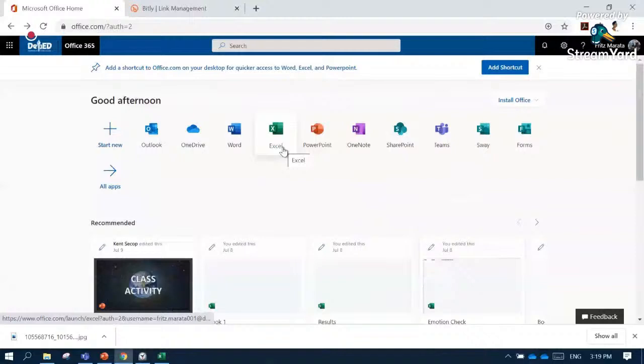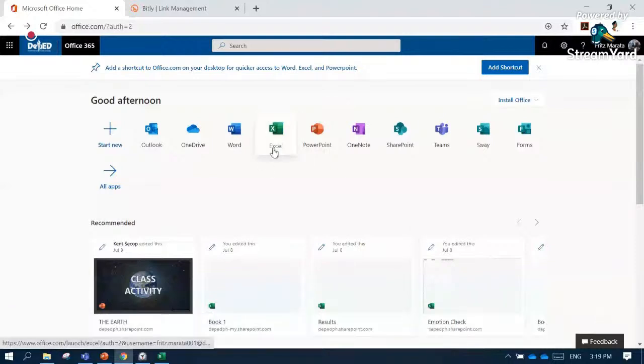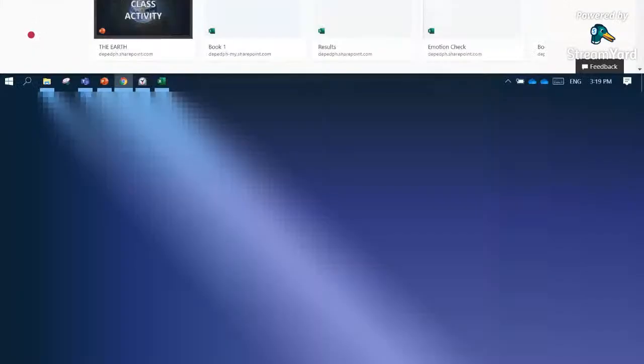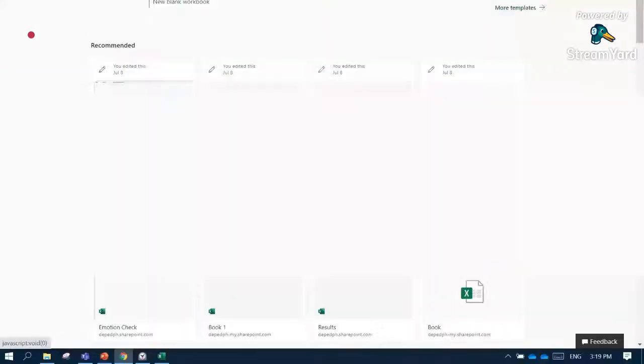So I am already in my office.com portal. I have already signed in. I have here different web applications that I can use. We can use the web application of Excel and create a new blank workbook as an alternative. So if you cannot do that inside Teams, we can do that by using the web application.